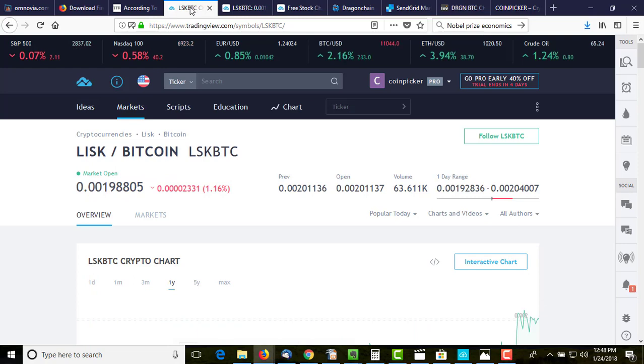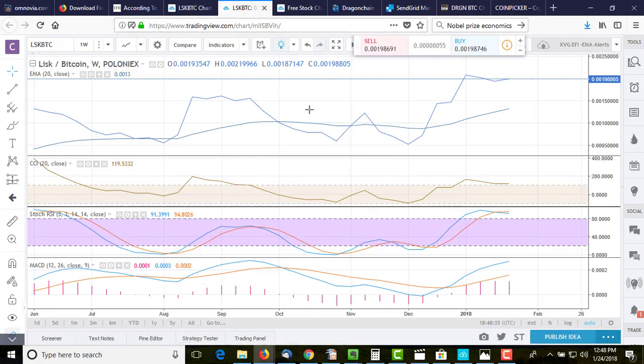But let's get to Lisk very quickly. Lisk, for those of you who are not familiar with it, is a JavaScript platform. JavaScript is one of the most popular and powerful languages out there, a wonderful language. Unlike Ethereum, if you're going to develop on Ethereum and create your own token, you have to write it in, I believe, Solidity. It's kind of an oddball language. Most developers don't know it off the top of their head. They haven't worked with it, and it's a rather challenging language. JavaScript is different. JavaScript is a common language. Most developers are familiar with it. It isn't all that difficult to use and is a very easy language to work with. So that gives Lisk a unique proposition.